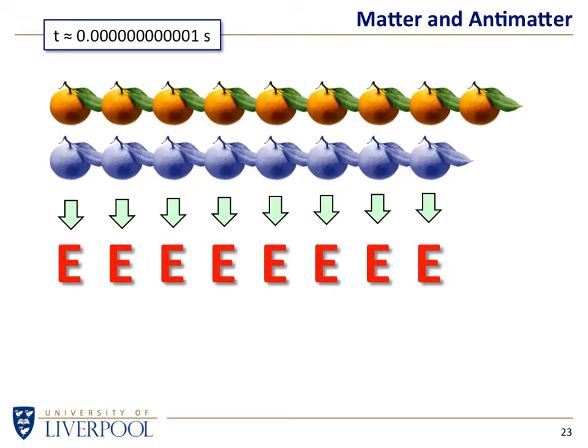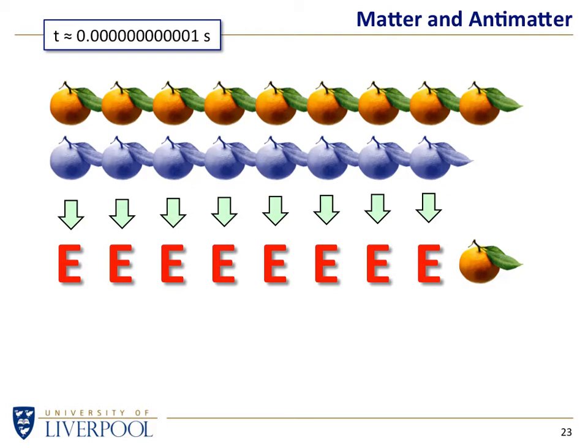Ultimately, energy in this context means light, radiation, gamma rays or X-rays or visible light. And so, because you've got an excess of matter over antimatter, that last tangerine at the end hasn't got another tangerine to annihilate with, so it's left floating around as matter. So in other words, you end up with a universe which is full of light and radiation and a tiny amount of matter. 1 part in a billion of the original matter.